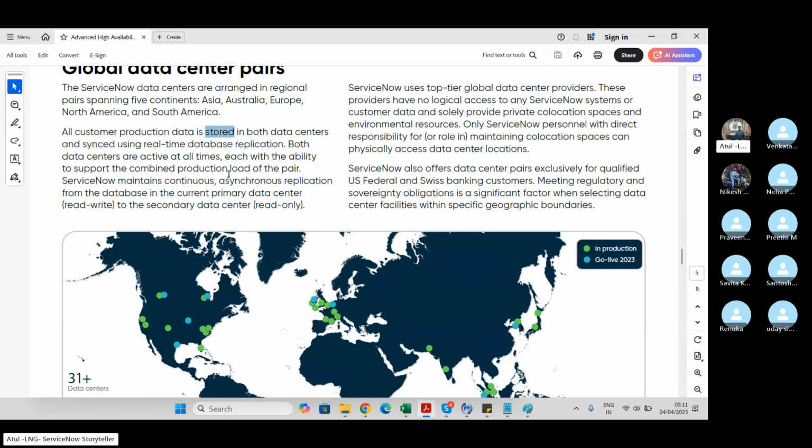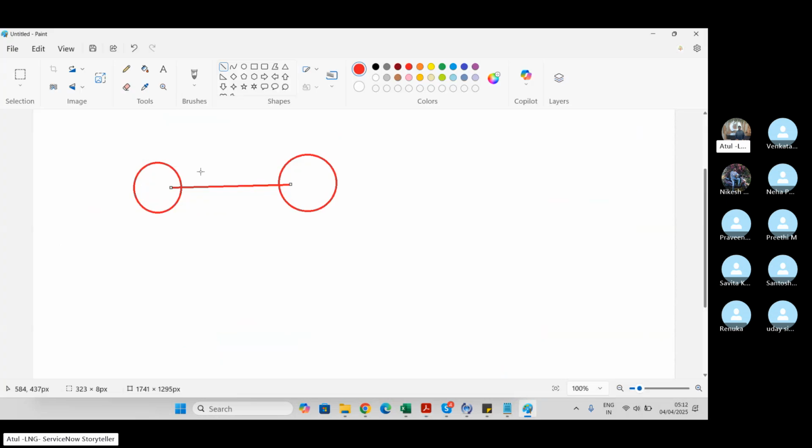If you read this line here, ServiceNow maintains continuous asynchronous replication from the database of the current primary data center to the secondary. It means in this data center, I have a database that gets connected with the backup data center database, and asynchronous